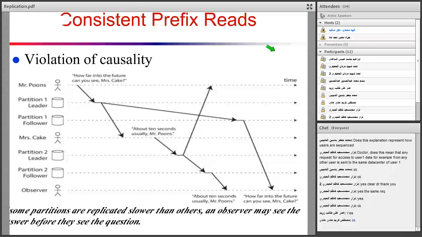In this figure, we can see that Mr. Poo and Mrs. Cake want to